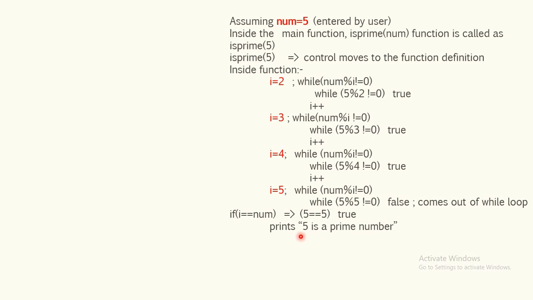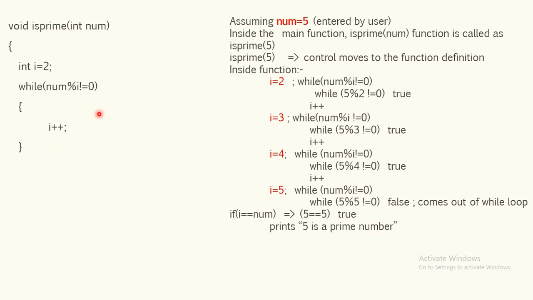If it is true, then we say that the given number 5 is a prime. If not, we write that the number is not a prime. The corresponding code we have written with the same logic. We have written void, and the function is isPrime, and we are passing num as a parameter. This is the function definition we write, and we are using one variable i which is starting from 2. That is, from 2 onwards we will keep checking whether there are any factors for that number,